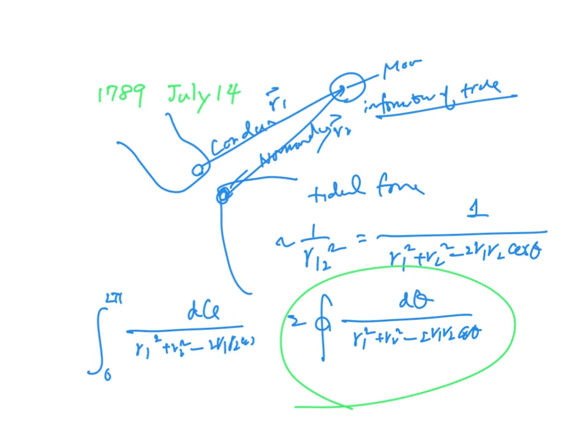Just crunch some numbers on the computer. But in 1789 the French didn't have a computer, right? The only thing they had was pencil and paper. So Cauchy was forced to calculate the exact date for the minimal tide. So he did invent this Cauchy's integral theorem. And this is actually